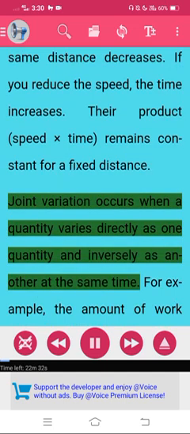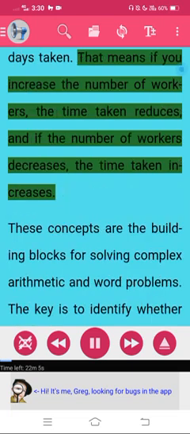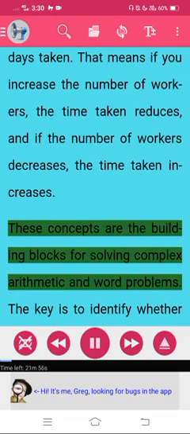Joint variation occurs when a quantity varies directly as one quantity and inversely as another at the same time. For example, the amount of work done can vary directly with the number of workers and inversely with the number of days taken. That means if you increase the number of workers, the time taken reduces, and if the number of workers decreases, the time taken increases. These concepts are the building blocks for solving complex arithmetic and